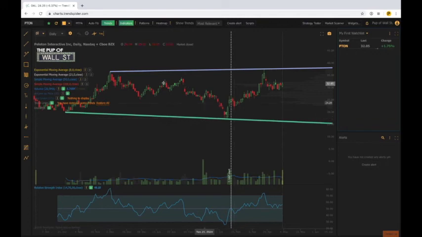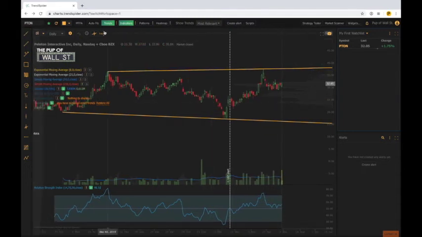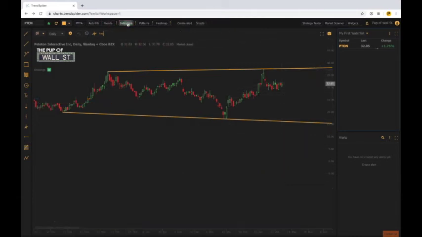And I like these too. I think this is showing us somewhat of a broadening channel here. I can double click them and then it'll default to what my standard ray lines are. Pretty cool. So now again, go back to auto fib and boom, there we go. So let's turn the trends off